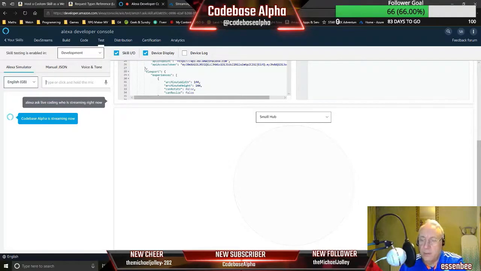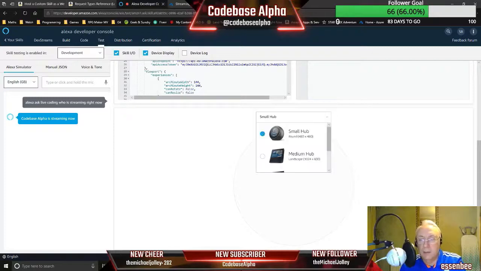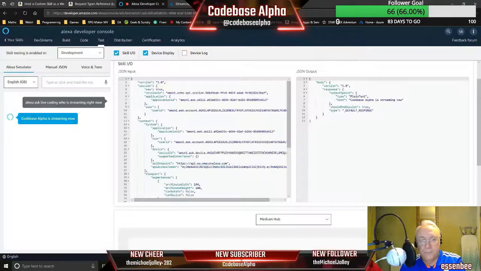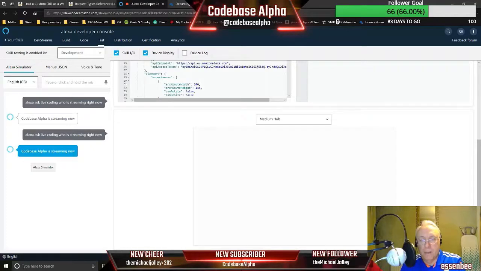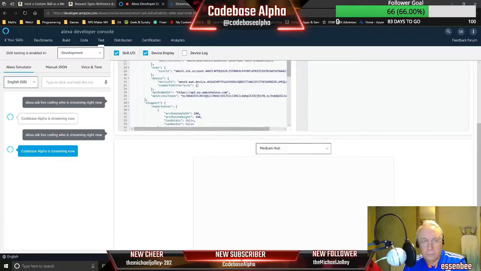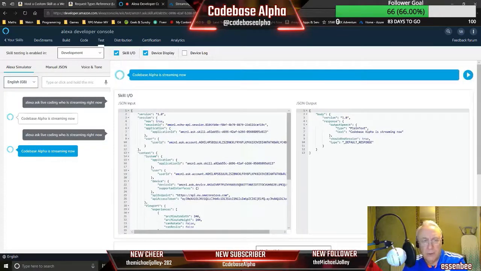Error, device object not provided value template. Okay, let's try going to the medium hub again. Put that request in again. So we're getting an error down the bottom here. I don't know if you can see. Actually, it's behind my head. It's saying error retrieving device rendering. The object provided is not a valid template, which is interesting because